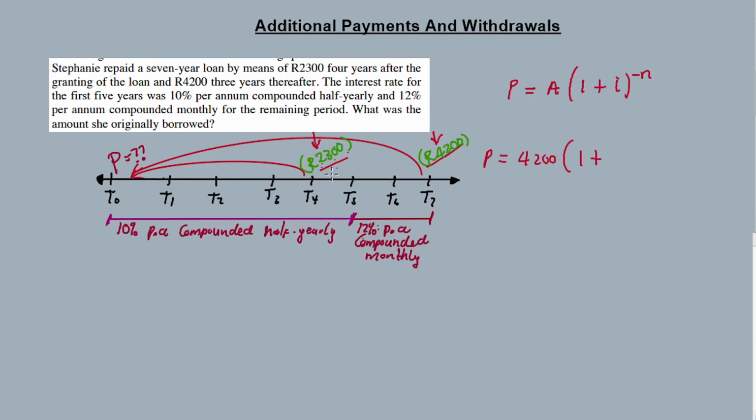By the way, if you go to the bank and borrow money and stay for a long time without paying it, understand that the interest accumulates at a faster pace. So the more you pay your loan, the more you finish paying it, the more we amortize. That's a big term for finishing off paying your loan. So you took the loan but pay 4 years later, so it gets a lot of interest. Therefore this 2,300 will earn interest over the period, as the loan you took accumulates interest.